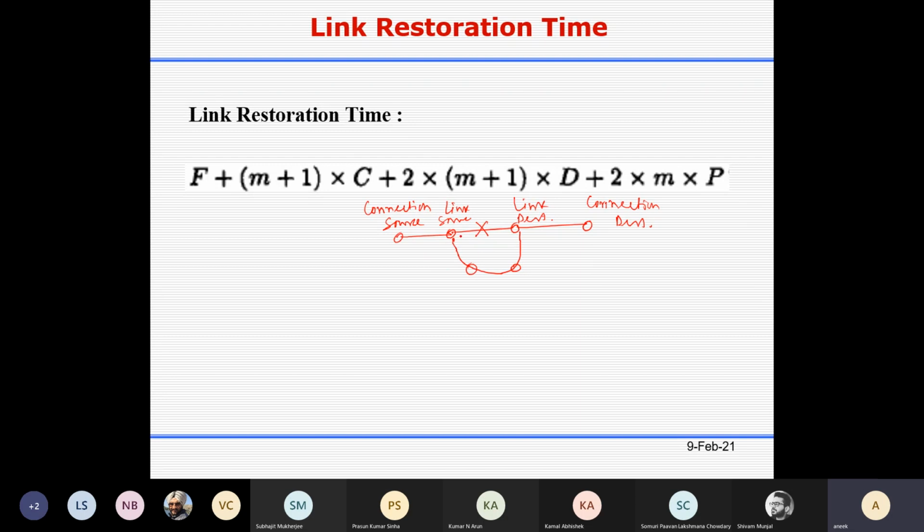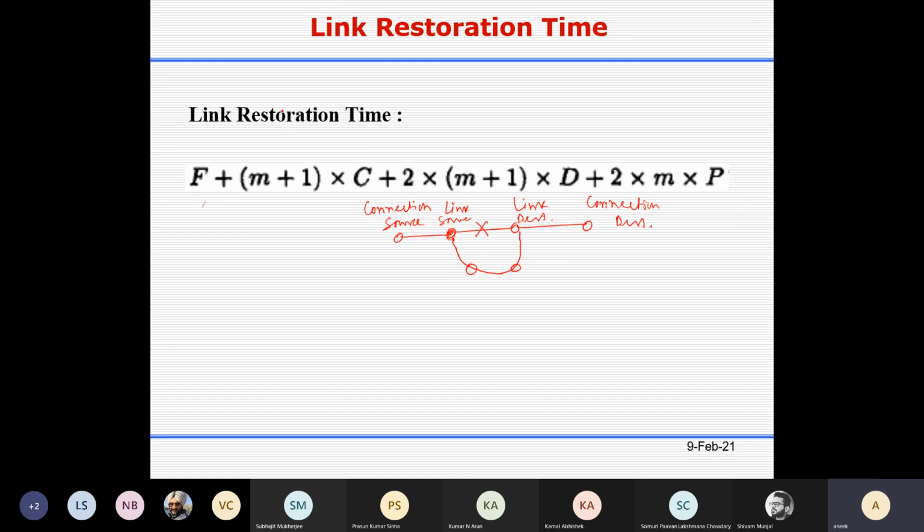So first the failure will be detected. So that is F. Then along this backup route, it's a link restoration. So this failed link, actually the link source node, will initiate the restoration process. It will find the route in runtime; nothing is reserved.